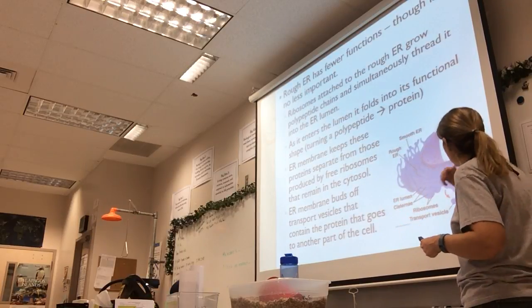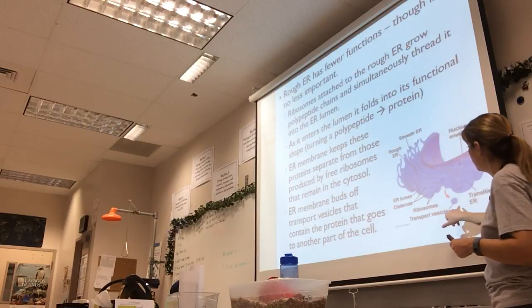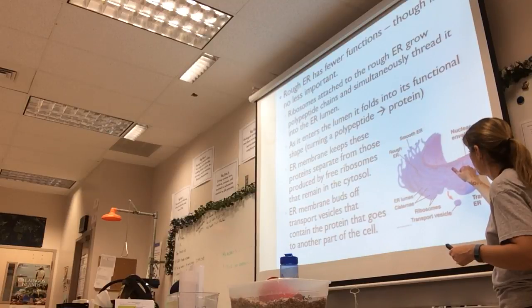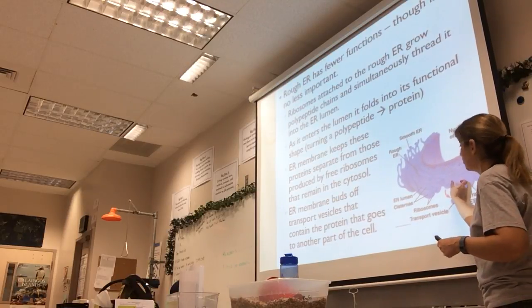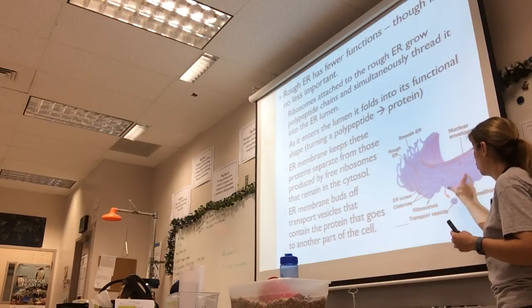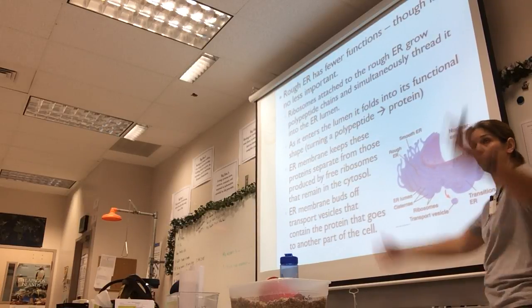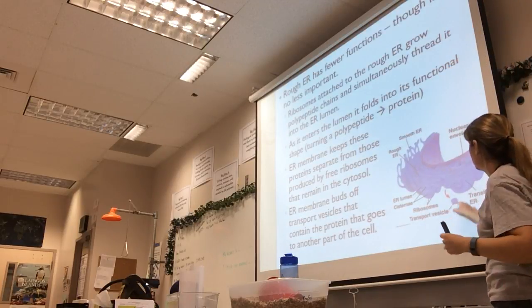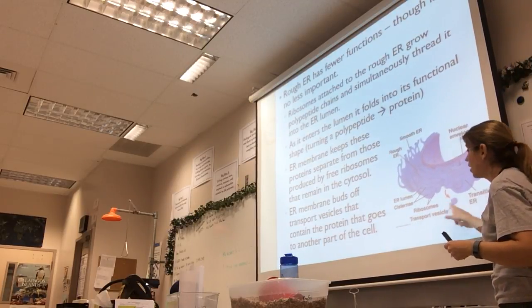Okay. So that's one of the functions, and then it's also really good because what happens is, once those proteins are produced in here, each of these little guys, remember the membrane system, we can pinch off a little piece of our ER. Once we do that, now it's called a transport vesicle. Remember the vesicle on top of the guy's head who's walking around in the cell? Okay, so now we're going to take this transport vesicle and we're going to take it to our